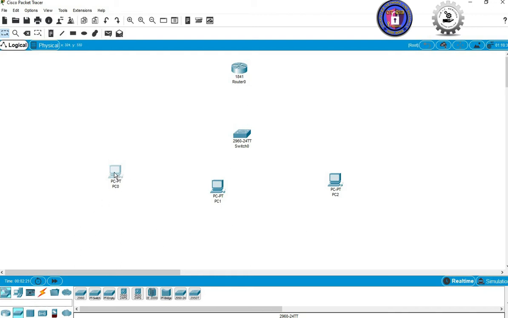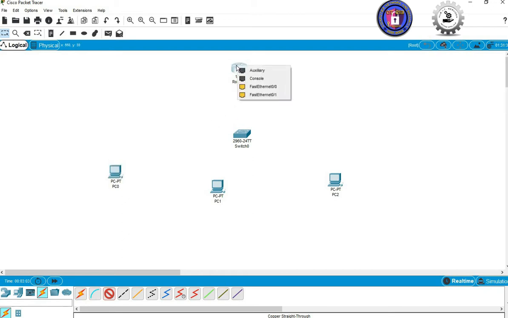And then what we're going to do now is to connect these devices. We're going to connect this one into our switch, and from our switch we're going to connect this into our router. So we're going to use the different types of connections. Just click this icon and choose different types of cables or connections right here. We're going to use the straight-through. As you can see, there's a description over here. So we're going to choose this one, the straight-through cable,